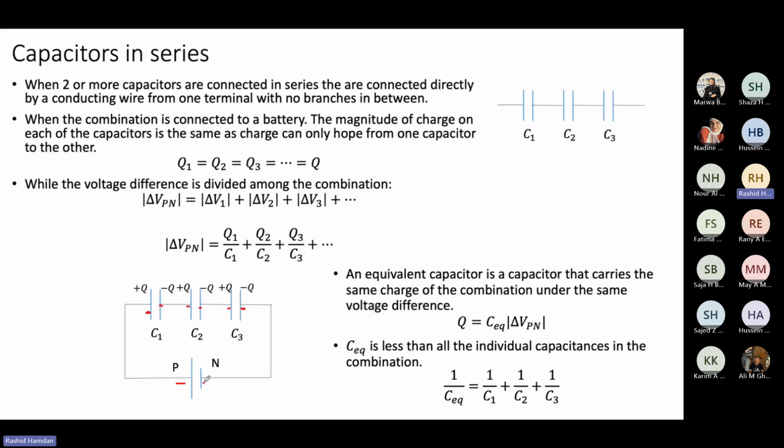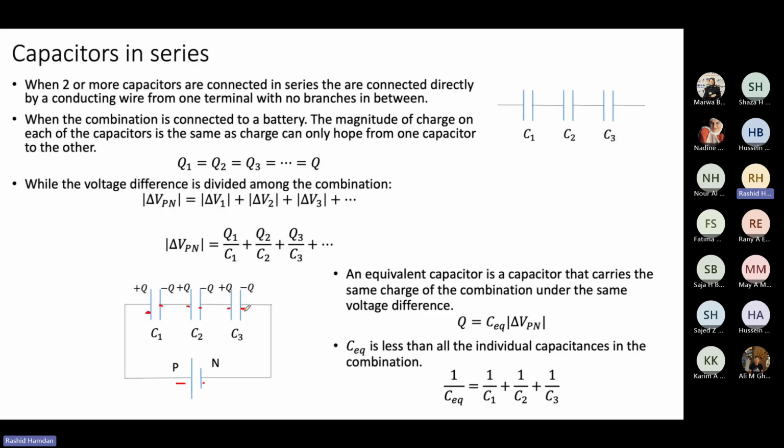Now, for C1 to have voltage and C2 to have voltage and C3 to have voltage, we need to have separation of charge. So there should be some electrons moving from the first plate of C1 going to the positive plate of the battery, and the electrons going from the negative terminal of the battery to the second plate